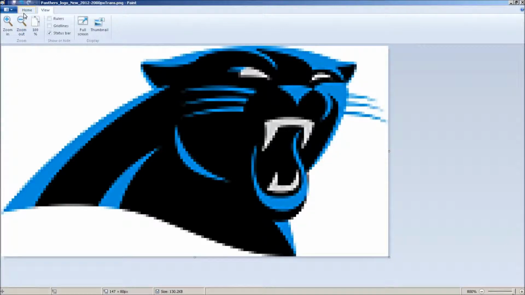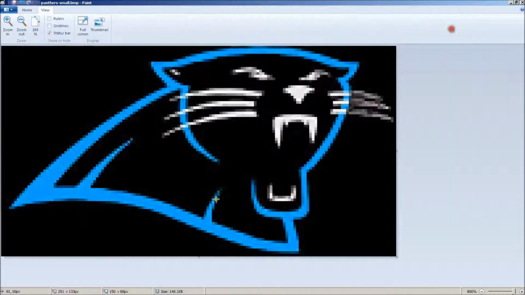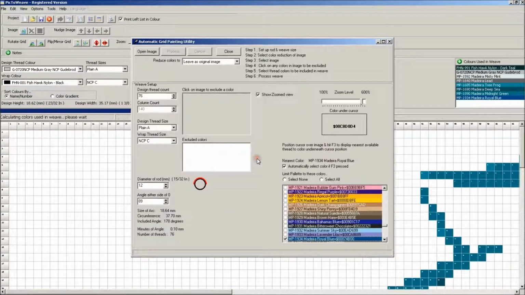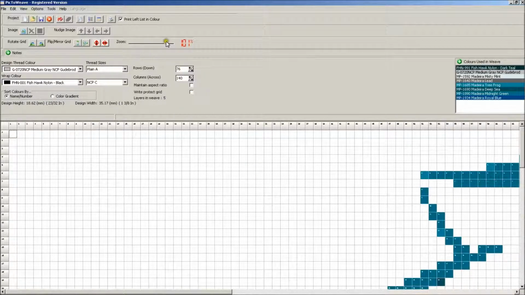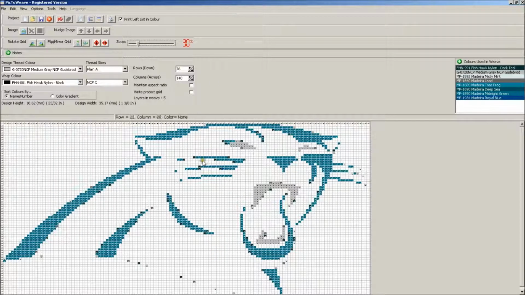So we could go through the process of trying to change these colors now, which would make life easier for Pictoweave, or you can do it as it is and you'll have to do a little bit more work later. So we'll just go back to our main weave window once the process is finished, and I'll zoom right out, and you can see we've got a pretty good likeness